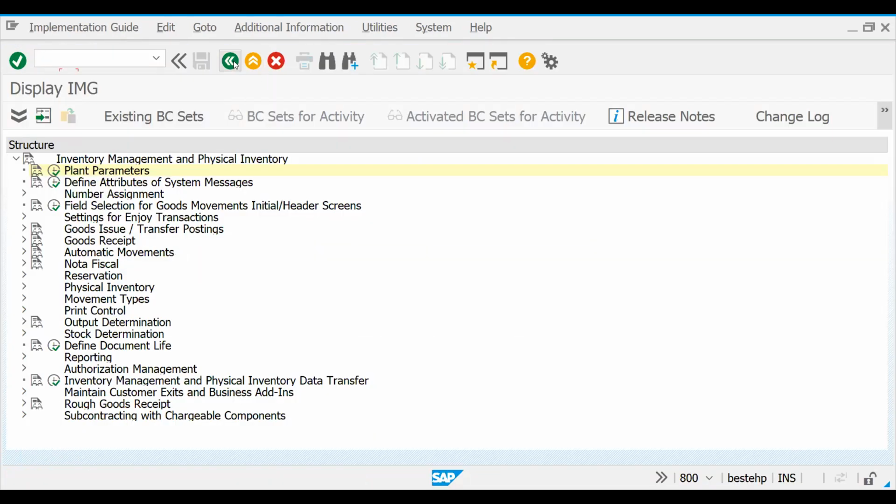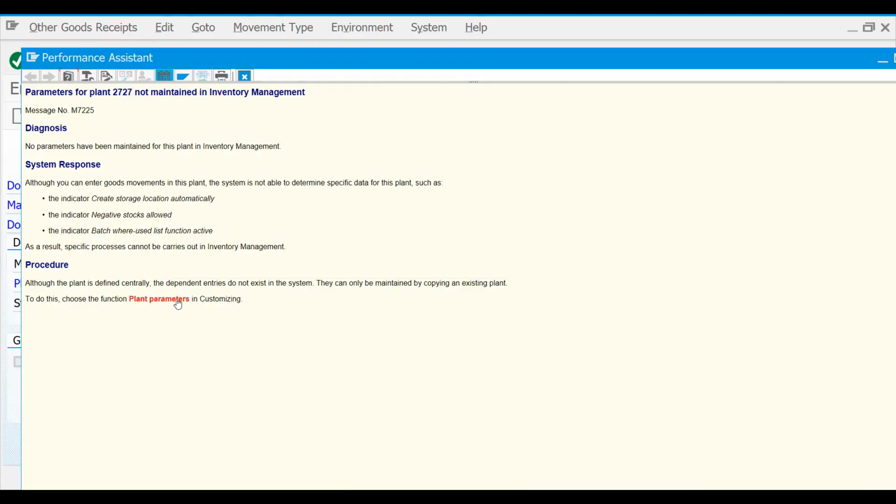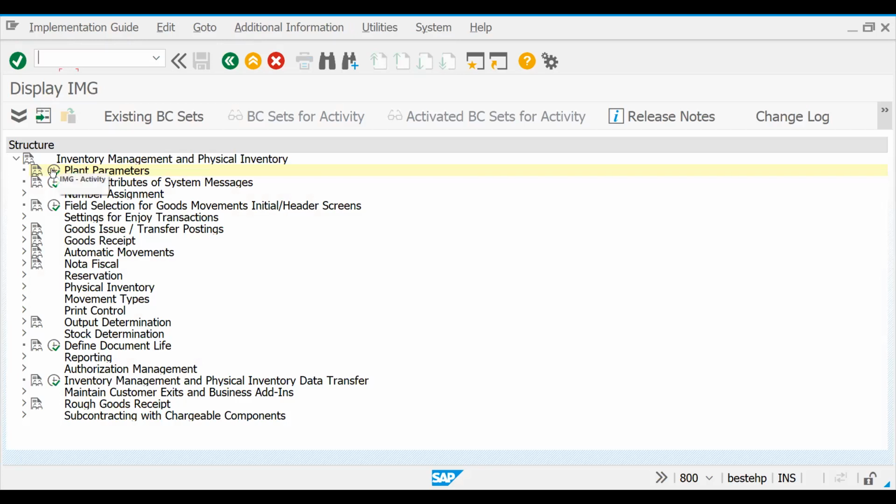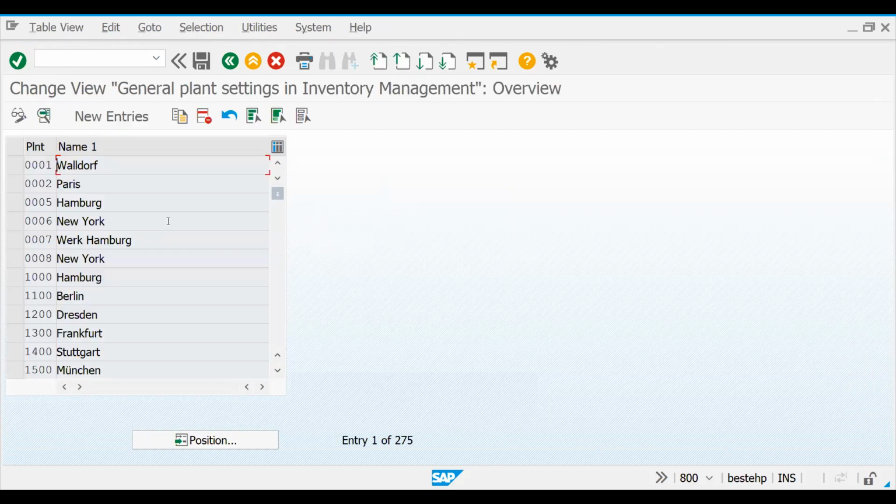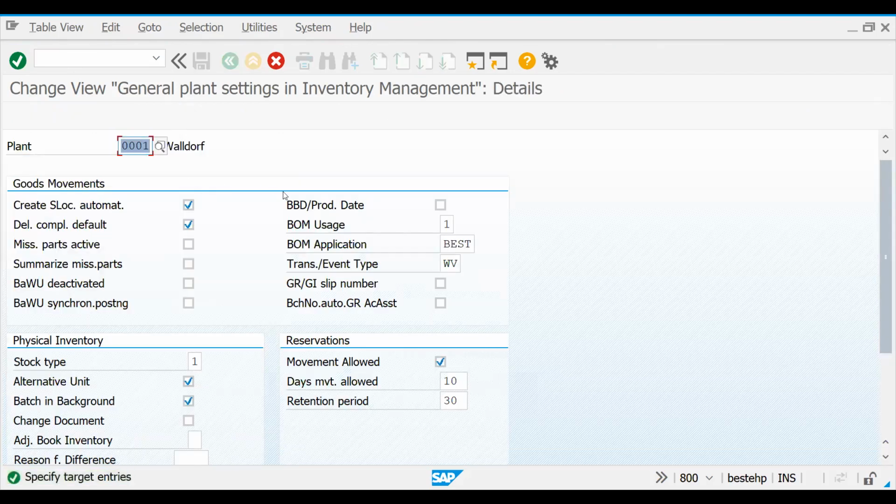Suppose it is showing like this, you can go like this. So what is this plant parameters? Click the link. So let's try to copy this for our plant. Always select this, this is the standard one, copy as. Here some tick marks will be there: create storage location automatically, delivery completion rule, alternate unit, batch. If it's supposed to run in the background, certain definitions will